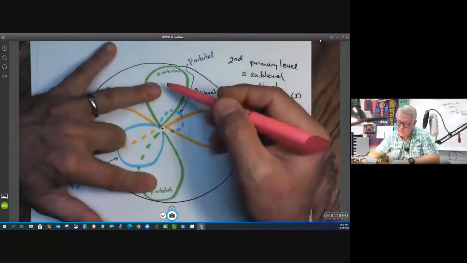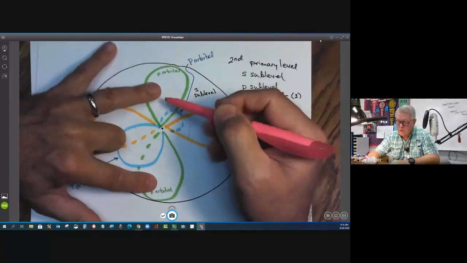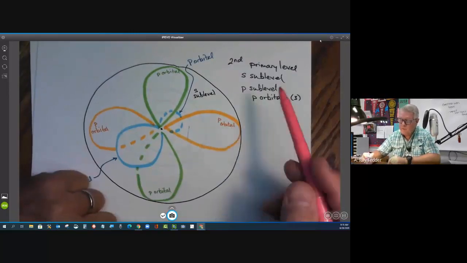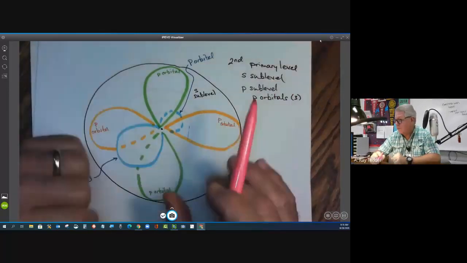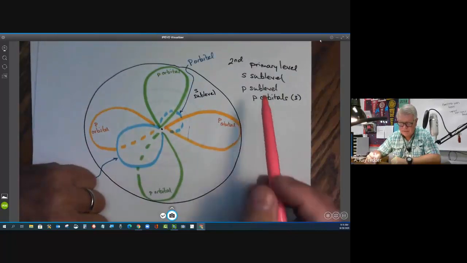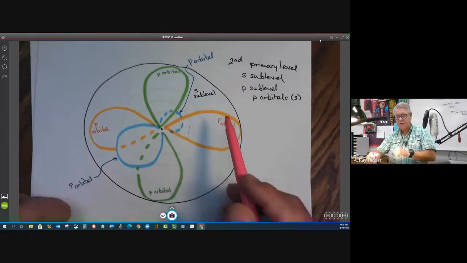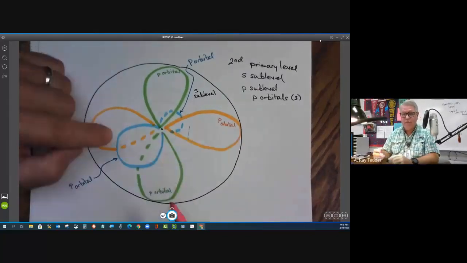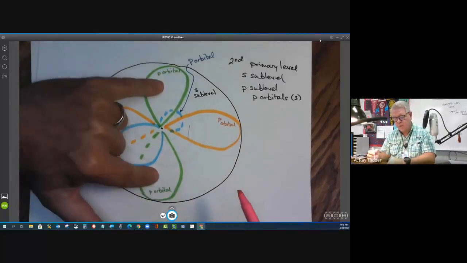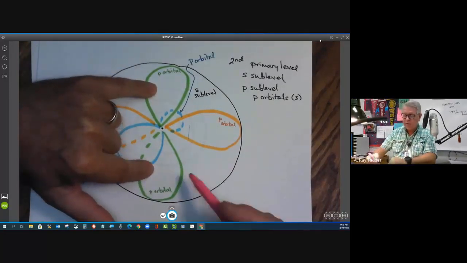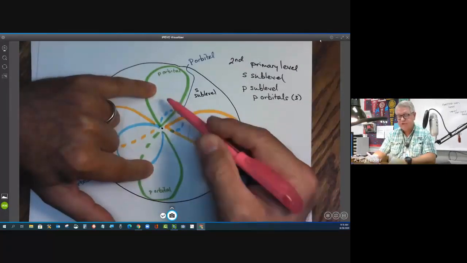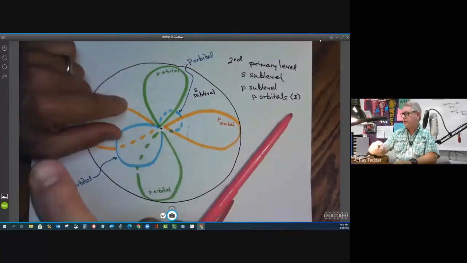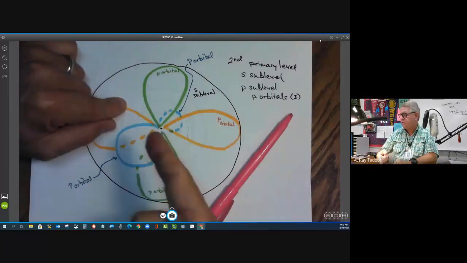But so within here, these two electrons exist in the p sublevel. The primary level is 2 because we're illustrating here the second primary level. And we have the p sublevel. That's the second of those two things that you have to have different. The third thing is these orbitals. So I've got 3 orbitals within that p sublevel. So this is the third thing, in this p orbital. The other thing that has to be different for 2 electrons in this orbital is they have opposite spins. Now that means that one's spinning in this direction and one is spinning in this direction. Okay,